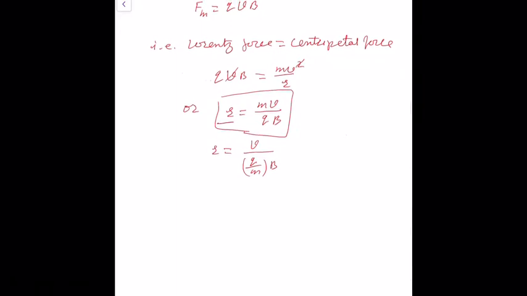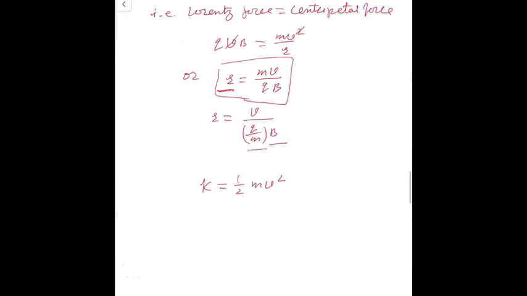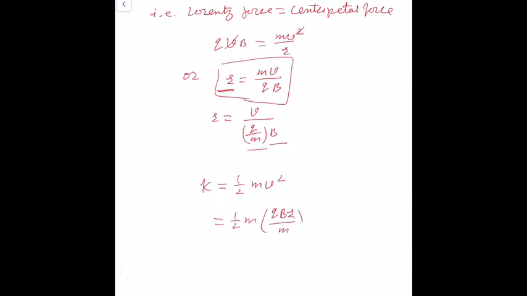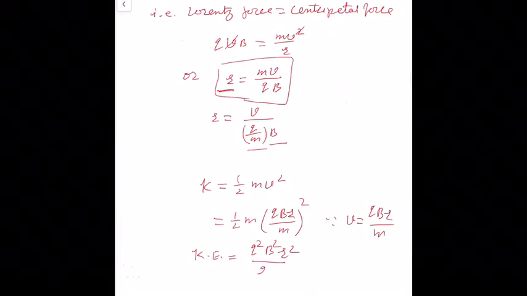Thus the radius, okay, radius means r of the circular orbit is inversely proportional to the specific charge, means charge to mass ratio q by m, and to the magnetic field B. The kinetic energy of the charged particle is equal to half mv square, or we can write half m (qBr upon m) whole square, since v is equal to qBr upon m, or kinetic energy is equal to q square B square r square upon 2m,